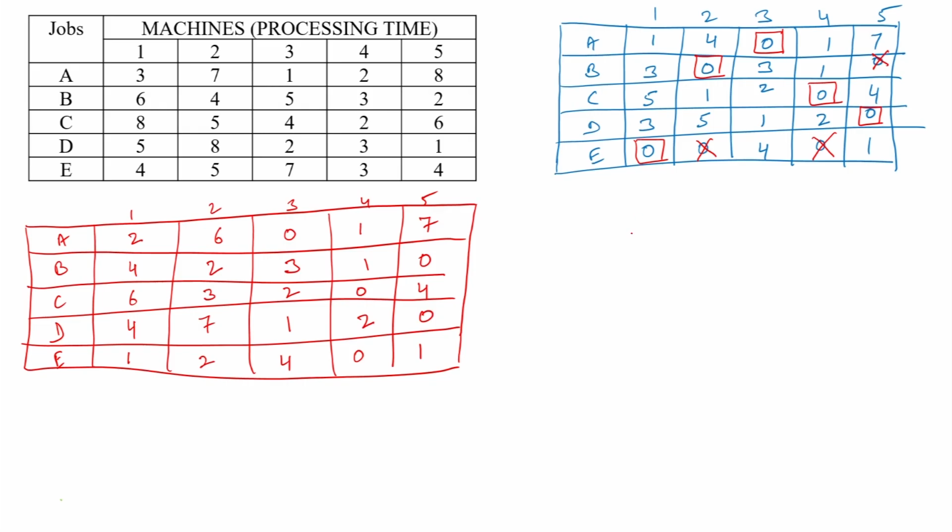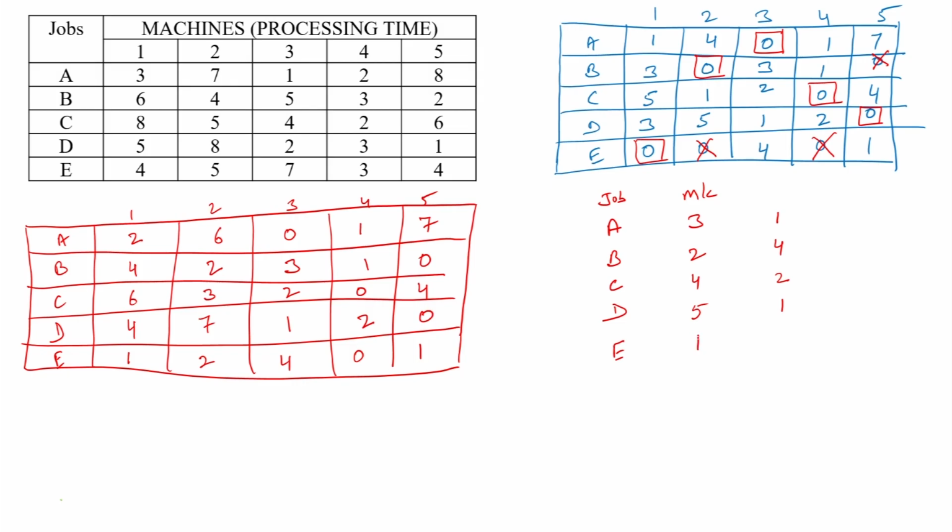So, the answer is I should assign job A to machine 3 and my cost will be 1 unit, job B to machine 2 and the cost will be 4. See that job B is not assigned to the minimum number, that is 2, it is assigned here, because we are looking for the total cost to be minimized. Job C is assigned to machine 4 and the cost is 2. Job D is assigned to machine 5, cost is 1,